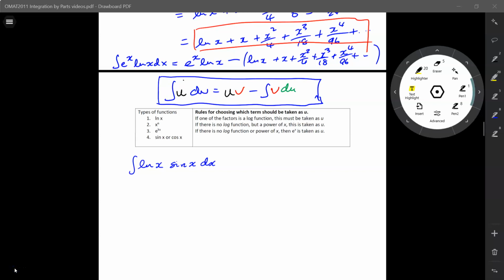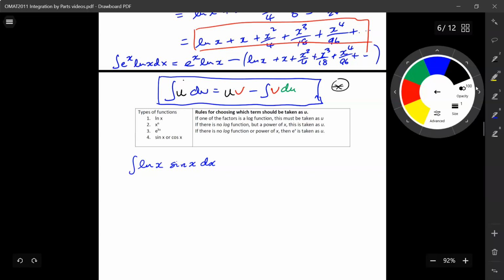In this example, we're going to look at the integration of a product of a log function with a trigonometric function, a sine or a cos function. In this example, we look at the sine function. The method is the same if it was a cos function. So once again, we have our formula up above,